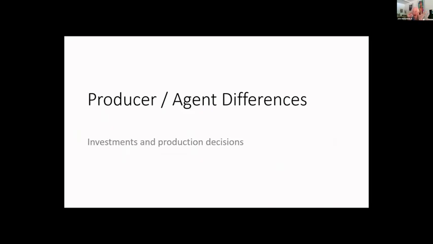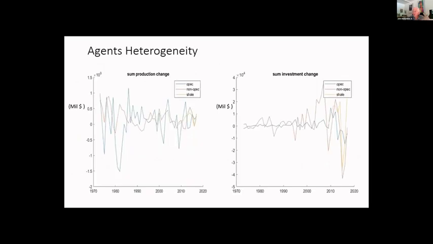So what I want to focus on here, and what my PhD student is saying, is let's look at agents. Let's look at these generalized agents around the world. And we're going to do a very simple agent description, which is OPEC, non-OPEC, and try to understand what their investment behavior is and what the production behavior is. So the whole point, and this is obvious to people who study this business, is that they're heterogeneous. They've got different production changes. So here's OPEC production changes, and you could put this into barrels, but also the price changes.